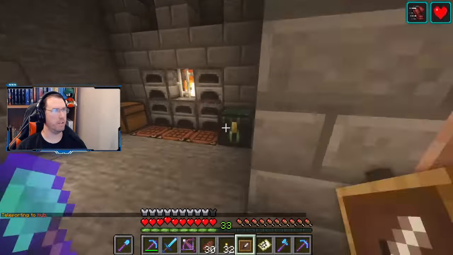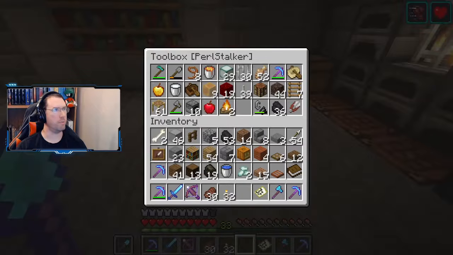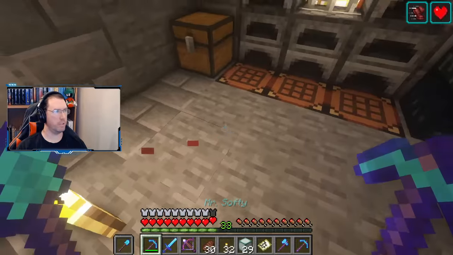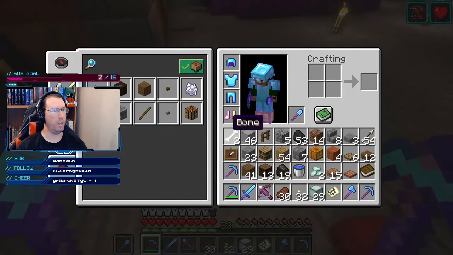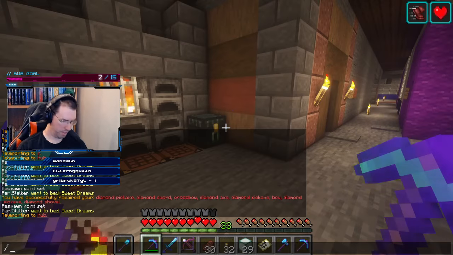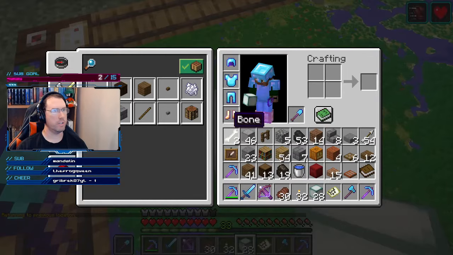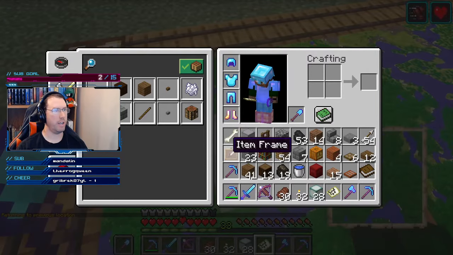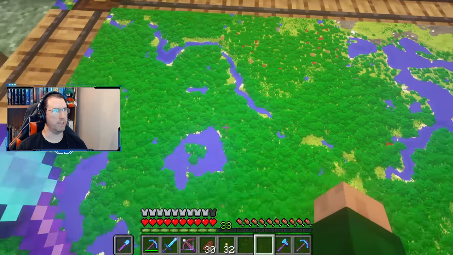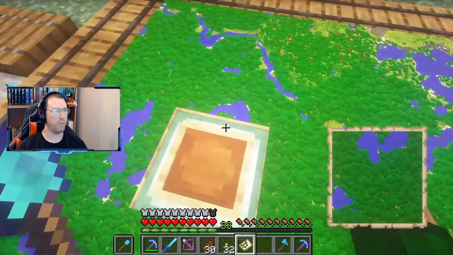Let's see where I put my... I think I put some here in the toolbox. Yes. Awesome. Oh, well, yes, fine. Okay. Yeah, I thought I had updated this map, but apparently not to include the... There we go. Include this. So, what I'm going to do...